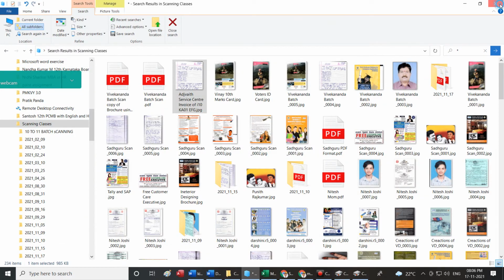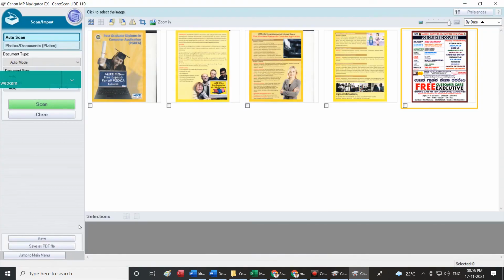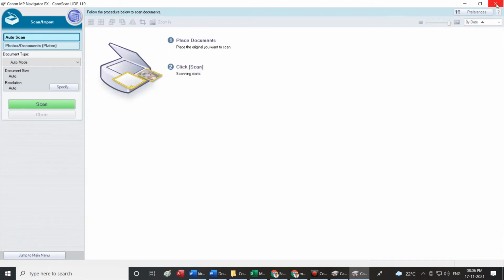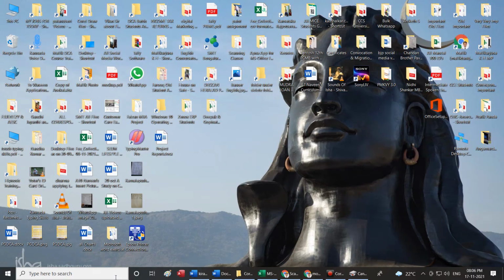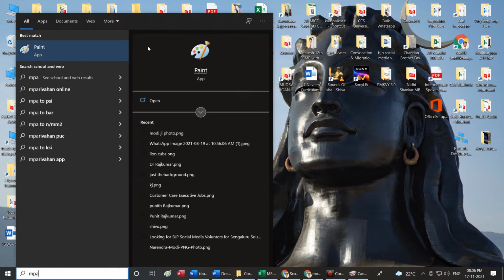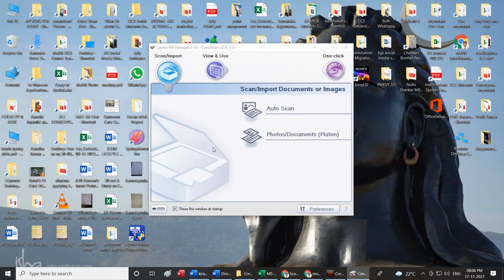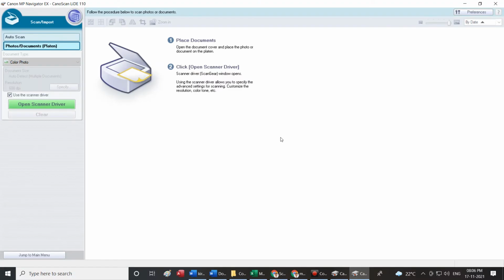Once again we will try out a few of the options of opening and closing it, so that you get used to it. I'll say clear, I'll say OK, I'll just say close. Every time I want to start, MP Navigator, open the scanning software. There are two options. One is auto, one more is where you select all the settings. If I go for select all the settings, I'll have to go for open scanner driver.